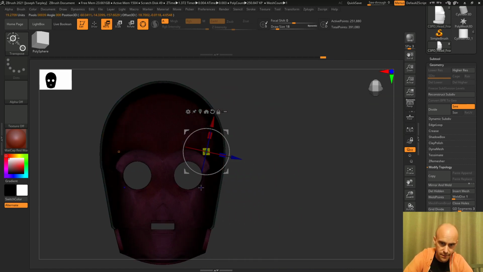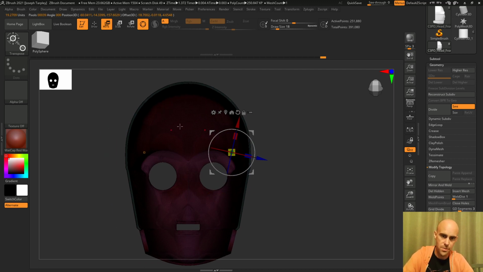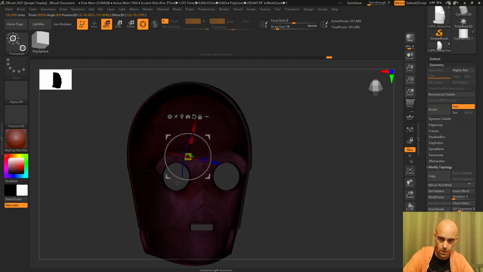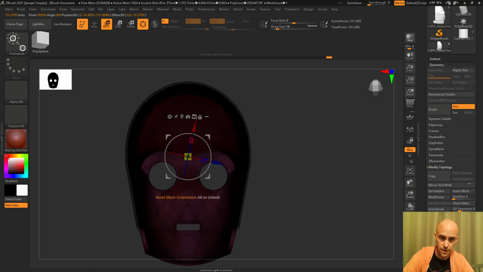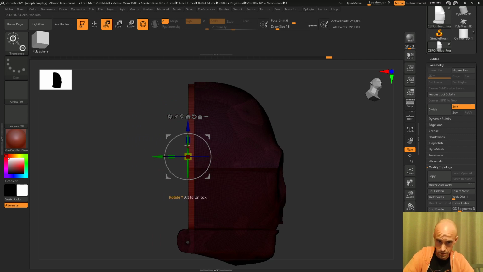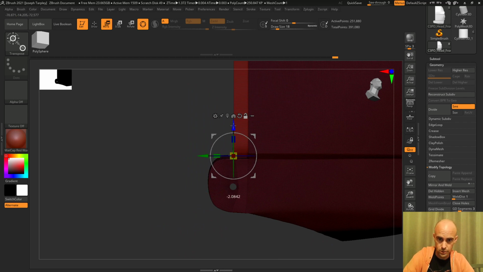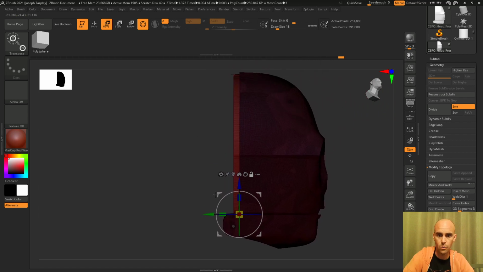have this thing centered. So, to reset this gizmo, I'm going to turn off the symmetry and hit Alt. You see when you hit Alt, it lifts that little lock. And you're going to hit boop, and this will put it in the very middle of the unmasked portion. And then you can hit this button here and it'll reset the geometry, so it's straight up and down. It'll reset the gizmo here. Now it's gonna be a little weird because it's gonna rotate it down, but